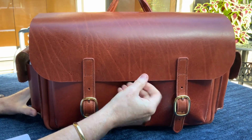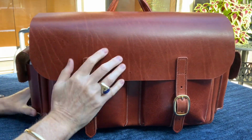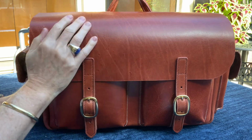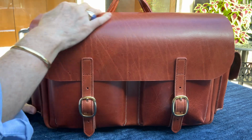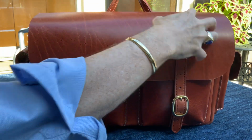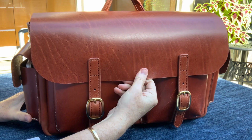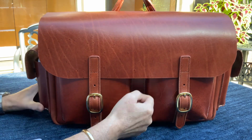So there are no pigments applied to it. A chrome tanned bag is going to just kind of get dirty with use, and you can clean it, especially if the sprayed on surface is still on your chrome tanned bag. You can clean it with different cleaners, but eventually that surface breaks down and the dirt gets impregnated into the structure of the leather, and becomes very, very difficult to pull out. It just begins to add that kind of dirty, blackish color to your leather that, in my opinion, is very